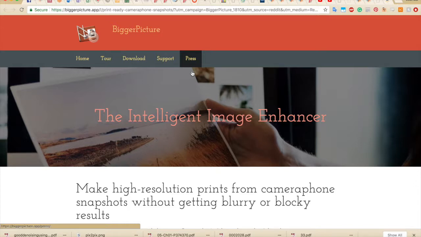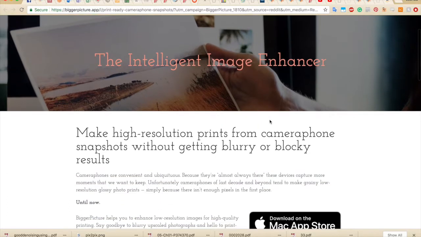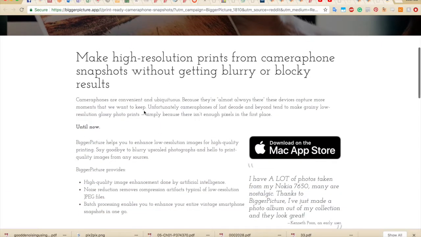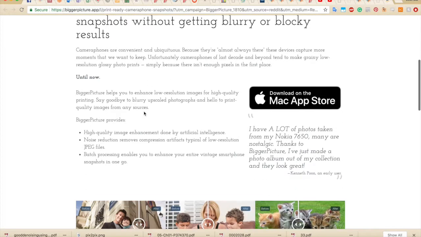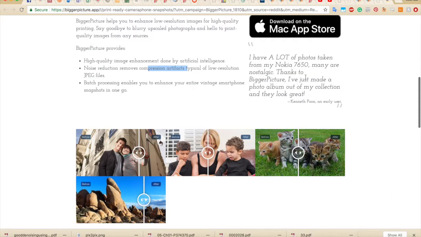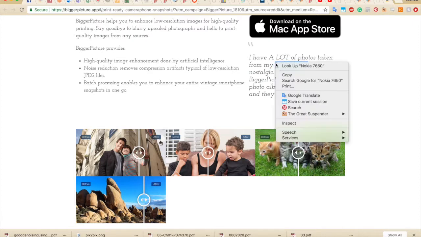Hi, so I just found an app on the Mac App Store called BiggerPicture, and it's meant to be an artificial intelligence image enhancer. And the general idea is that you upload your compressed, low resolution photos from your phone or whatever. I don't know what this phone looks like, but let's have a look